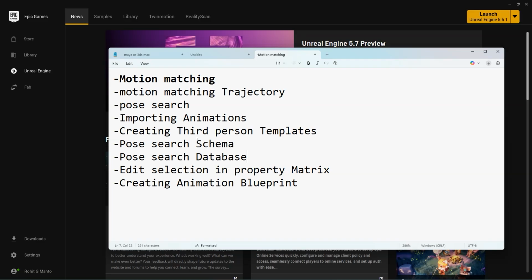In this session we are learning how to enable the motion matching trajectory plugin, pose search, and importing animation. This will be a little different from other projects. You have to import some animation so that we can use those animations in motion matching. I'll give you the project and attach the link in the description, so from there you all